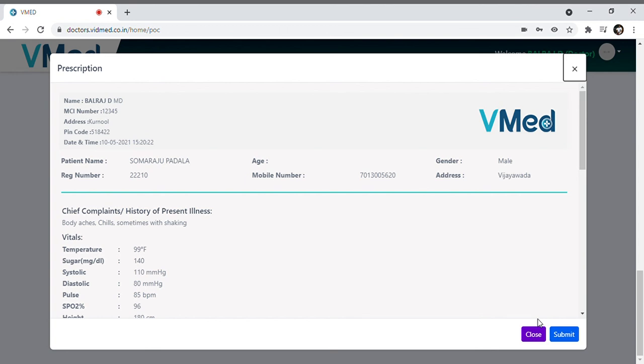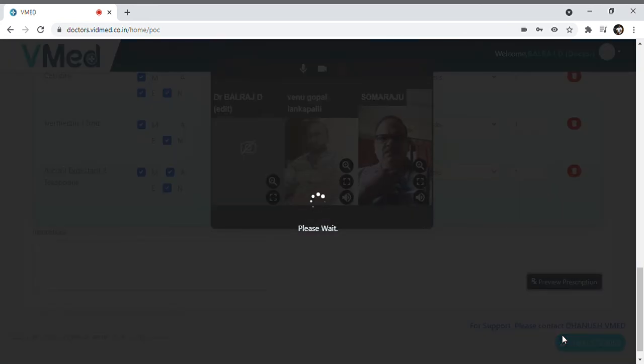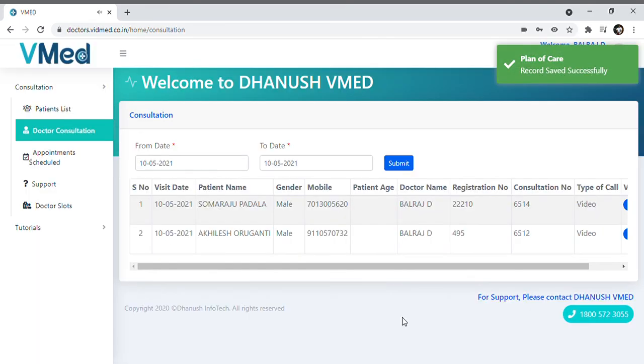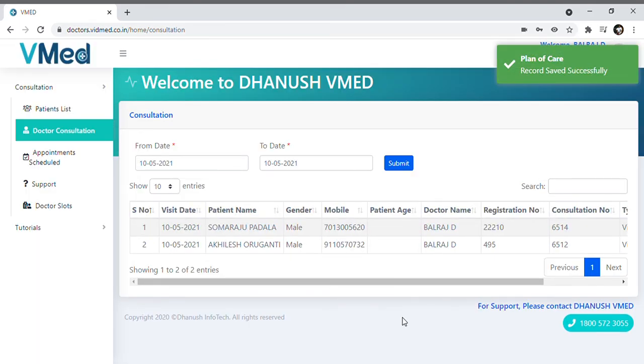So in this way our digital health prescription is also getting updated, and after we submit, all the details of the prescription will be going to the patient, and the patient can view these details in the telehealth solution through an SMS. He'll be getting the prescription where he can download and view the prescription.